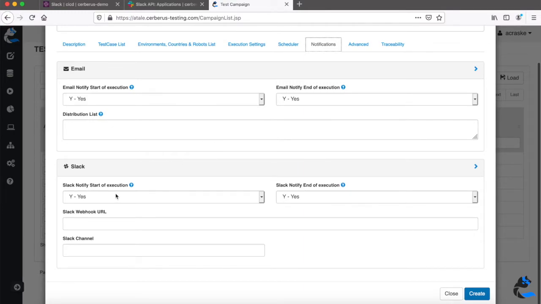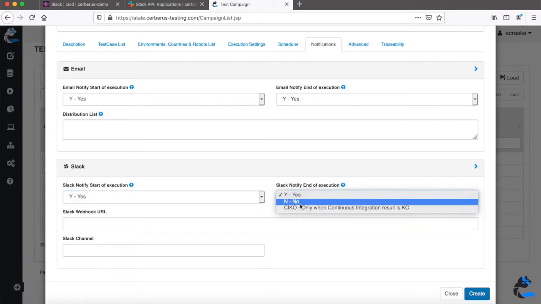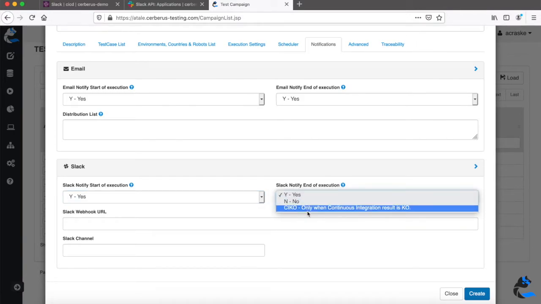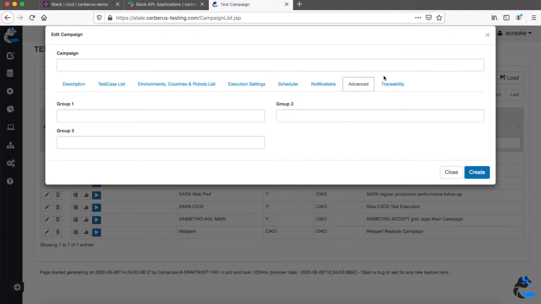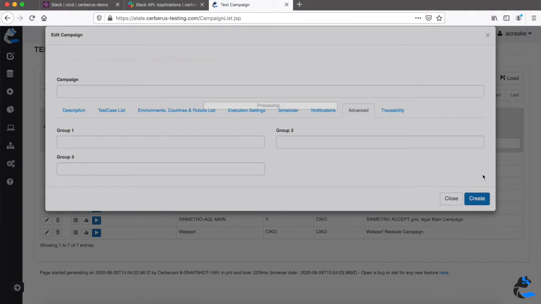Here I can specify to receive a Slack notification at the start or at the end, and I can also choose to receive it only if the result is KO, or depending on the parameter you set on the first page. So here you need the webhook URL you configured and the channel, and you are ready to go to the next step of using this integration.